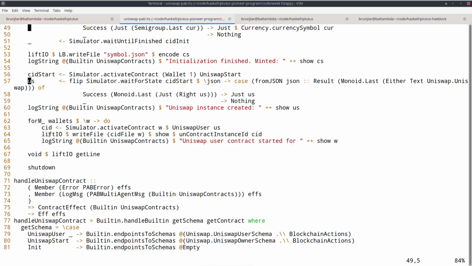Okay, now I have these handles, and in order to communicate from the front end with the server, I need these handles. So I write them into a file, and this is where I use this helper function, the CID file, that I showed you earlier. So I will end up with 4 files, w1.cid until w4.cid, which contain these contract instance IDs for the 4 contracts. Log a log message, and then I just wait until the user types a key and I can shut down the server.